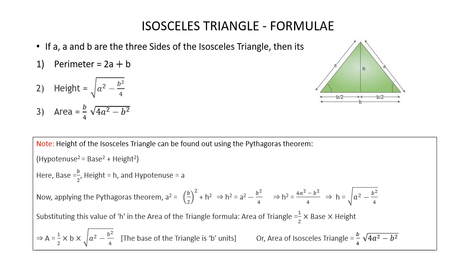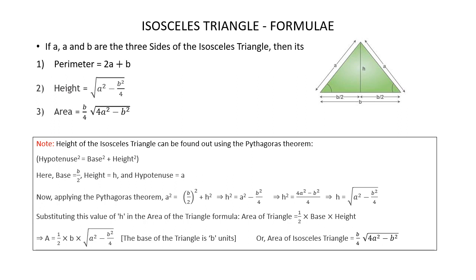So now, since we have to find the height, h would be equal to square root of a squared minus b squared by 4. So the formula for height of an isosceles triangle is h is equal to square root of a squared minus b squared by 4. So now that we know the formula for the height of the isosceles triangle, we can easily find the area